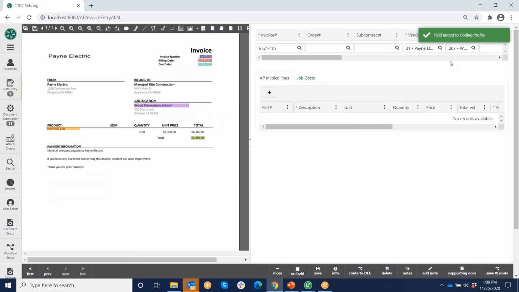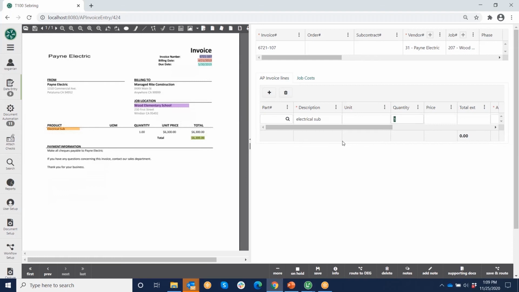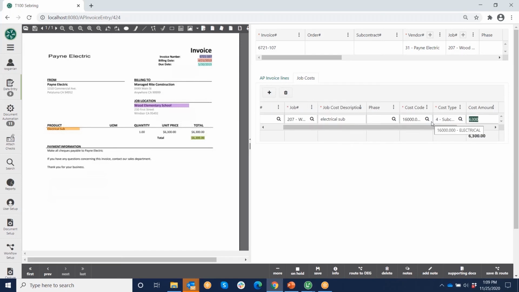Now from here, because we allow partial coding of the invoice, I could go ahead and route this off, and it would be sent to whoever the approver is for this job 207. If your workflow process is to define and enter the line item detail as well, I could go ahead and finish that here. And maybe your approver just verifies that the cost code and the cost type are correct. So you can enter as much or as little information as you want before sending that invoice